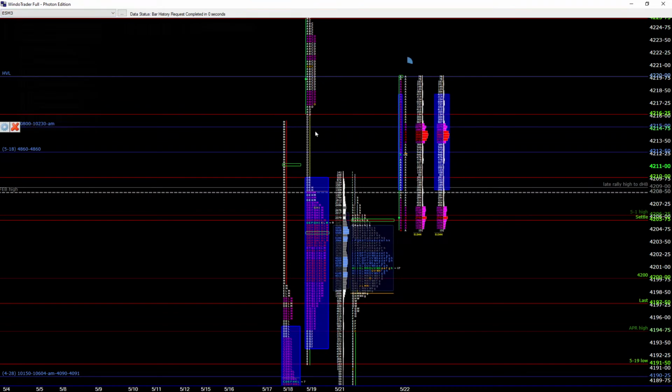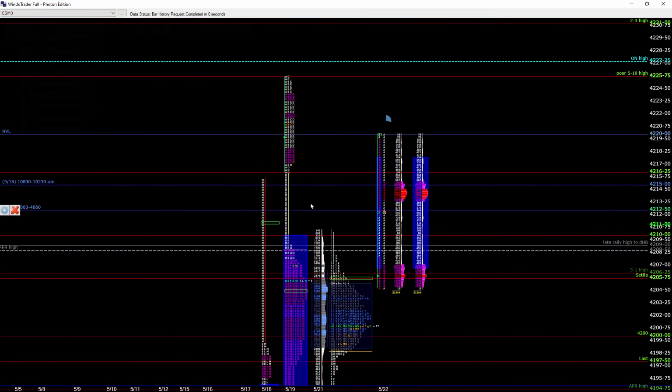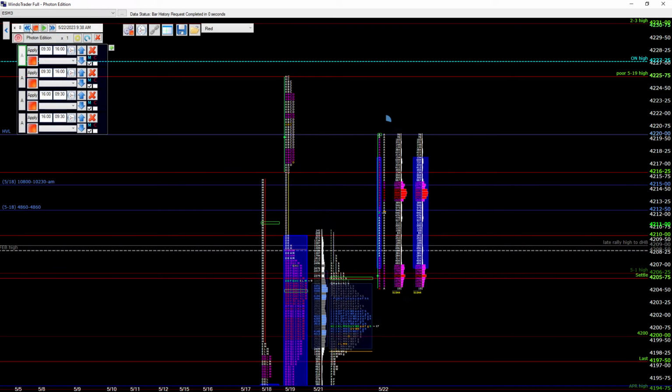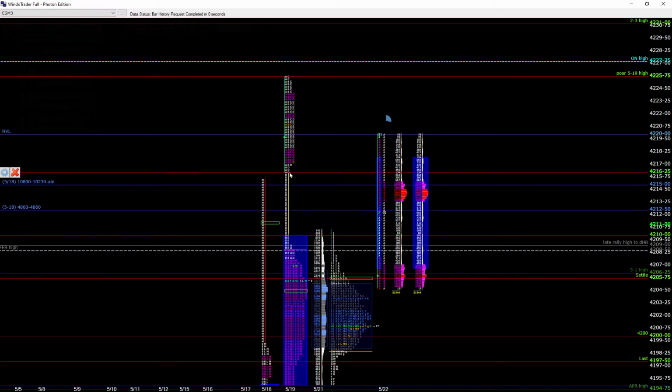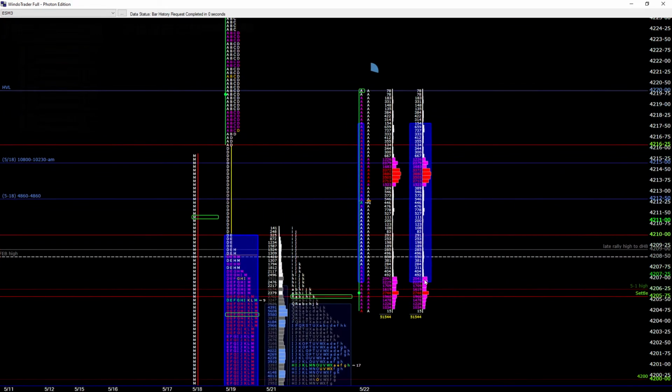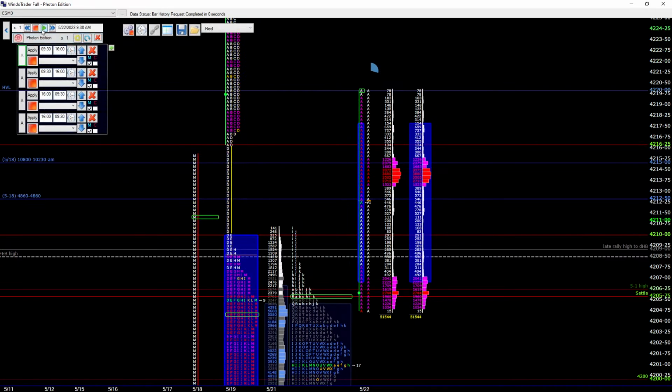Now it has entered. Oh my God! But this was really fast here. Really fast. I was in real time. Now, when it enters this distribution, the target is the opposite side. Notice that there is no excess here on the opposite side. High volume, drying here. Well, let's see what happens.